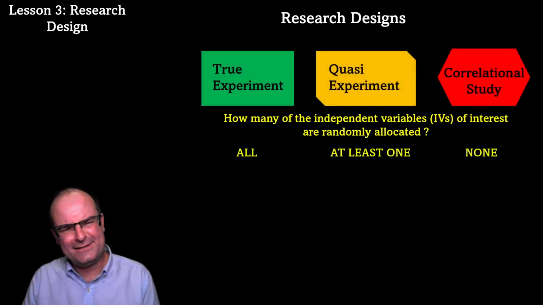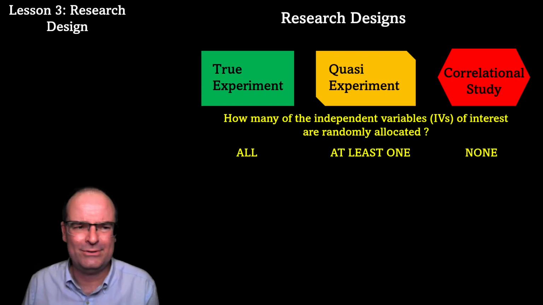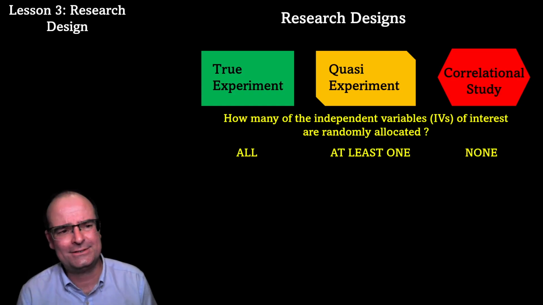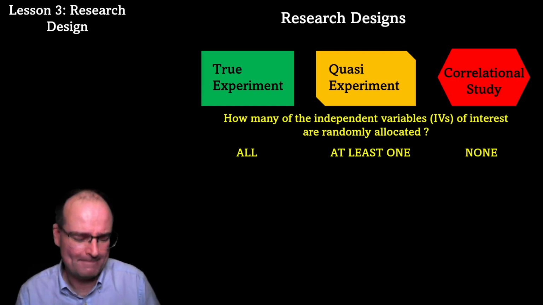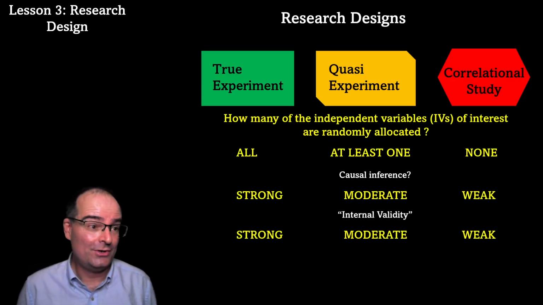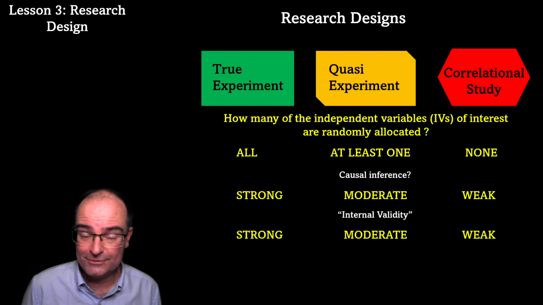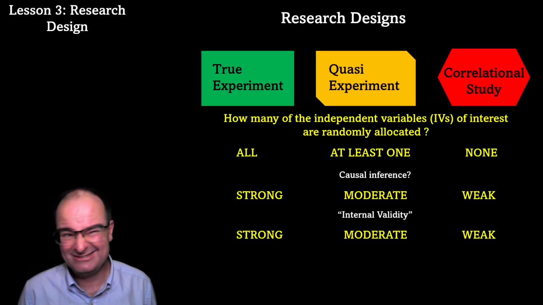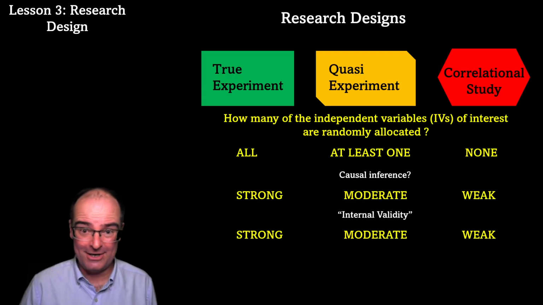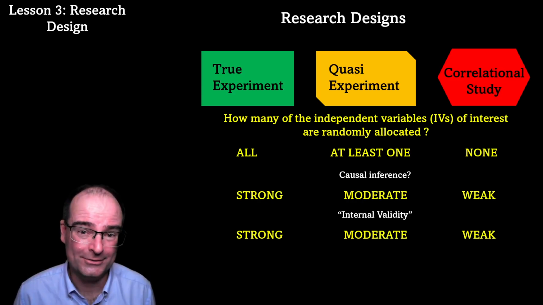So that's an example, but it does really just boil down to that one question. How many independent variables of interest are randomly allocated? The causal inference you can draw is usually very strong for a true experiment, moderate for a quasi, and very weak for a correlational study, unless you can spend a lot of time and effort ruling out the many alternative